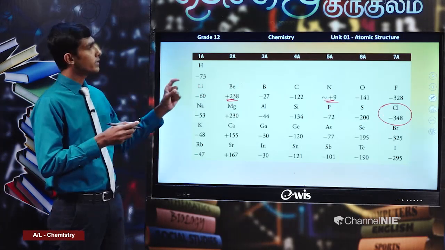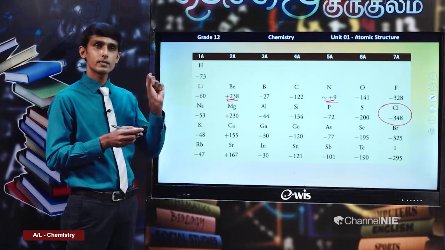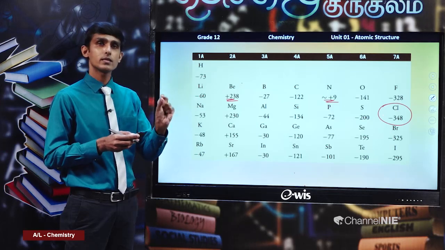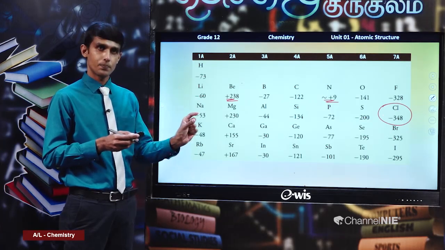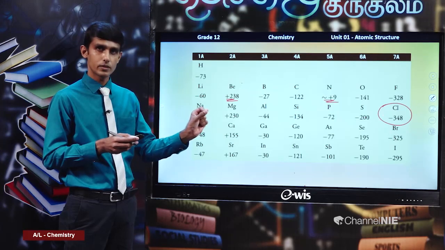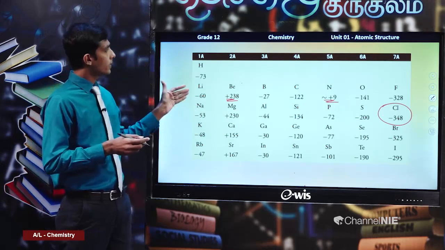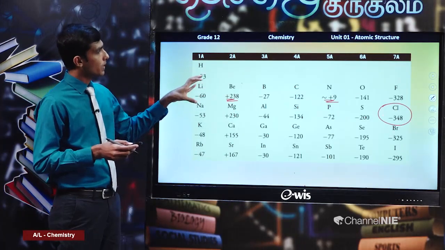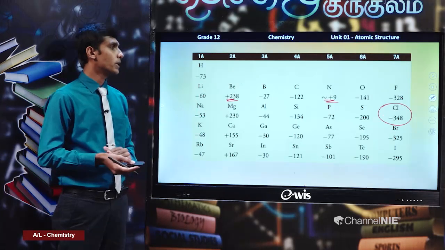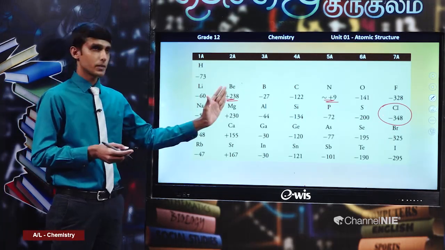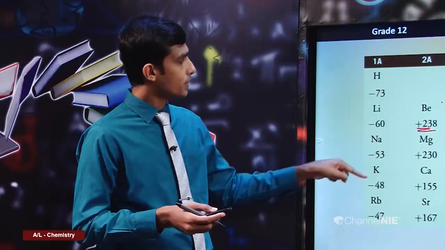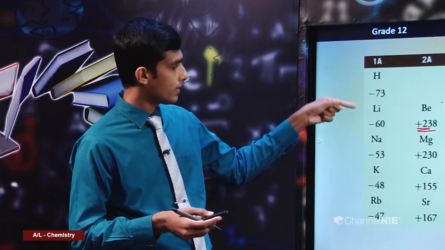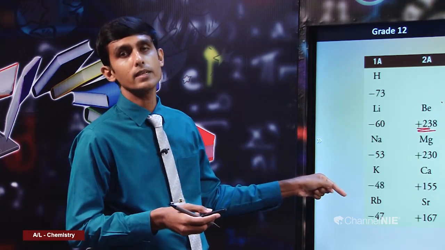So, we use the term electron gain energy, that is the energy change that occurs when an electron is added to a gaseous ground state atom. That is the first electron gain energy. Some discrepancies can be observed, but apart from that, across the period of main group elements, it becomes more exothermic. Down the group, for example group 1, you can see it becomes less exothermic: minus 60, minus 53, like that, the energy release decreases. That is due to the increase in the radius.